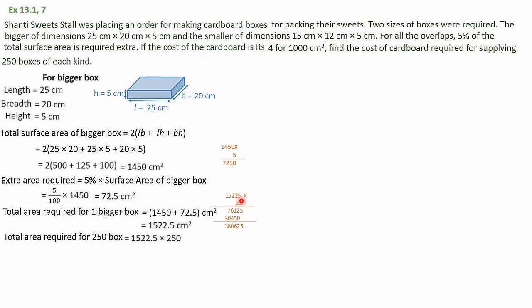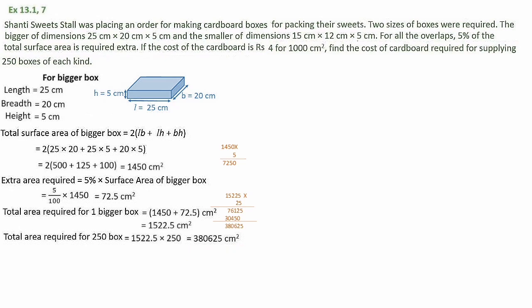15,225 into 25 without decimal we are taking, and just multiply it, you will get this value. And here after the decimal one digit, so it will come as 380625. Here 250 is there, so you have to put 10 additional here. That means 10 additional here will come. That will be reduced with this decimal place value. So 380625 centimeter square. This is the total area required for 250 boxes.